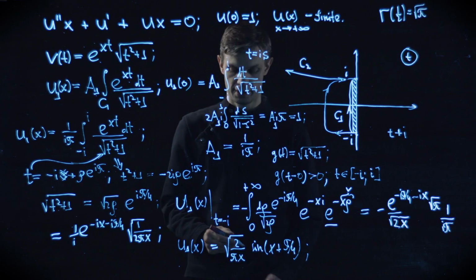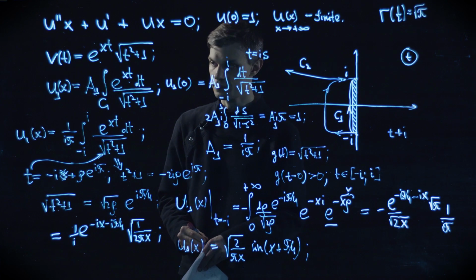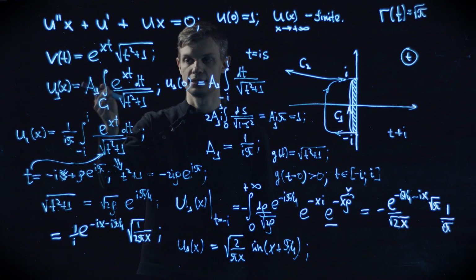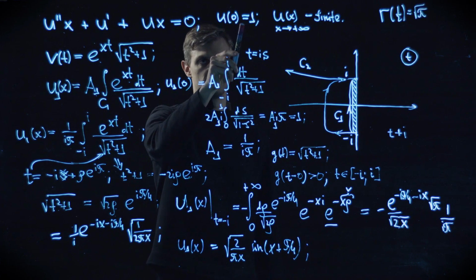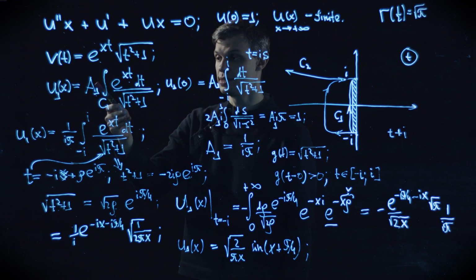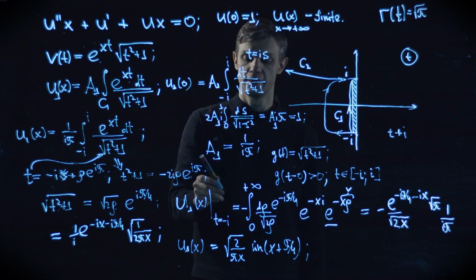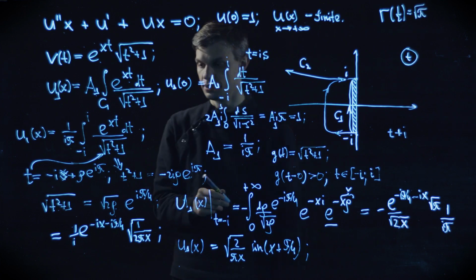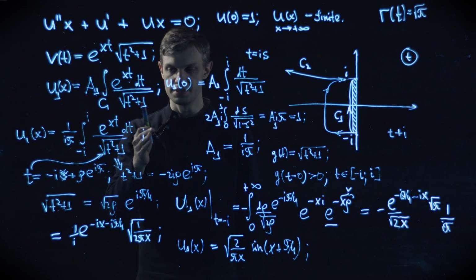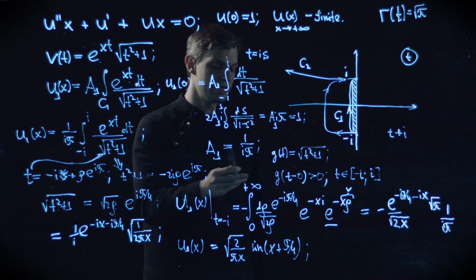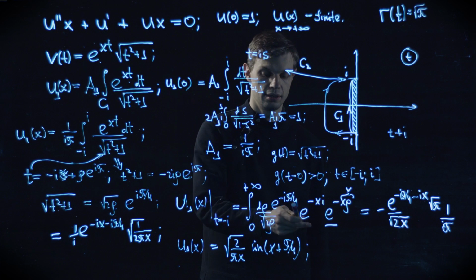Right, so now let's discuss a little bit what we went through. First of all, we built a solution as an exact contour integral, and we managed to normalize it, and the normalization is exact. We computed the value of this function at x equal to 0, and we fixed this normalization constant. And then, despite the fact that we were unable to compute this integral exactly, we still managed to find the correct asymptotic for large positive x, and these